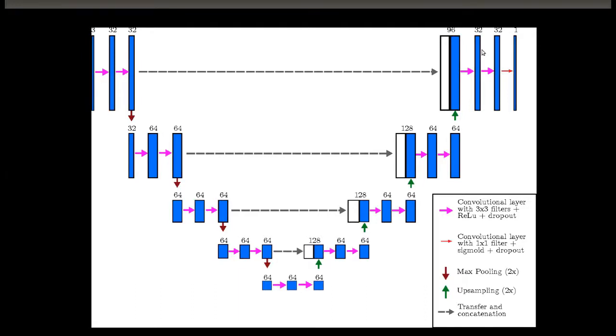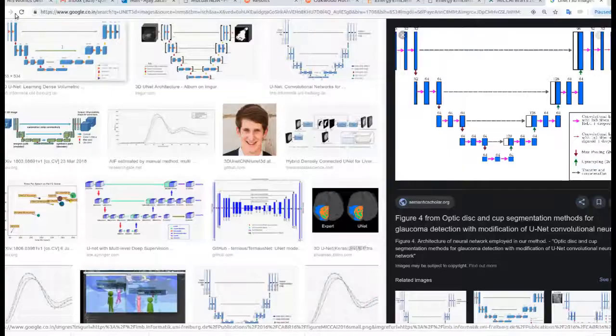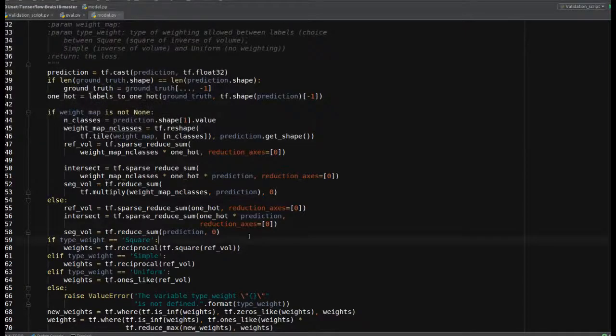The more detailed methodology of this 3D UNet is hard to understand, so I would rather suggest you go for my 2D UNet model, where I have explained how 2D UNet exactly works. Once you understand how 2D is working, you would be able to understand this 3D architecture easily. So without wasting your time, I've already wasted so much.